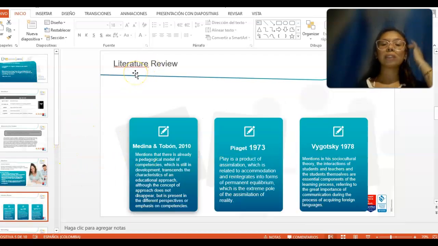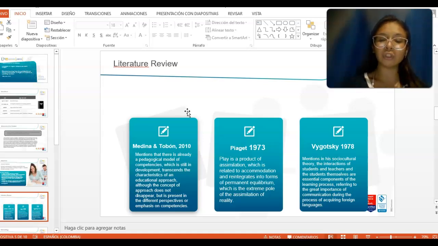Okay, so the literature review. The authors Medina and Chabond in 2010 mention that there is already a pedagogical model of competence which is still in development, trusting the characteristics of the educational approach.